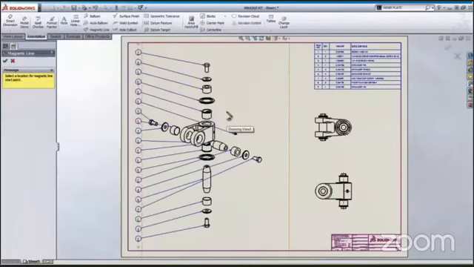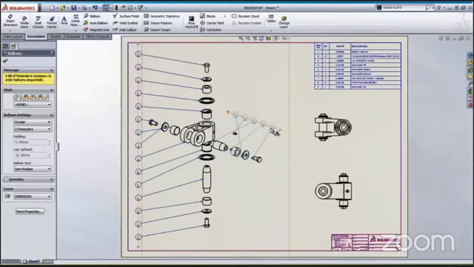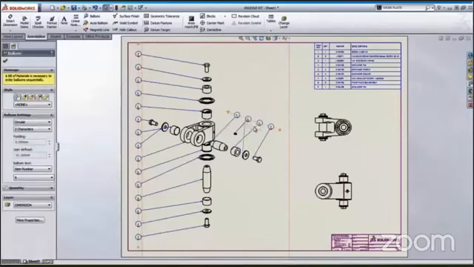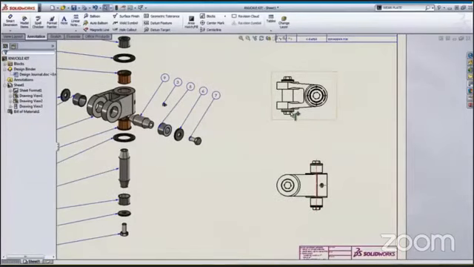Magnetic lines can be used for positioning, and additional magnetic lines can also be added to the drawing. We can grab some of the balloons and snap them under this new line to make the drawing easier to read. We will do a little cleanup work on some of the balloons. Let's change this view actually to shaded.